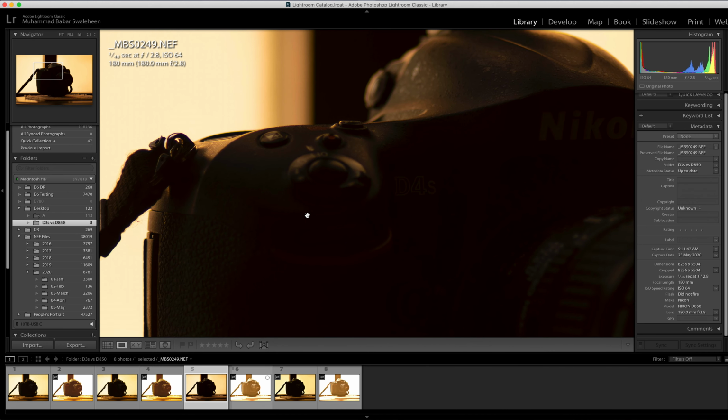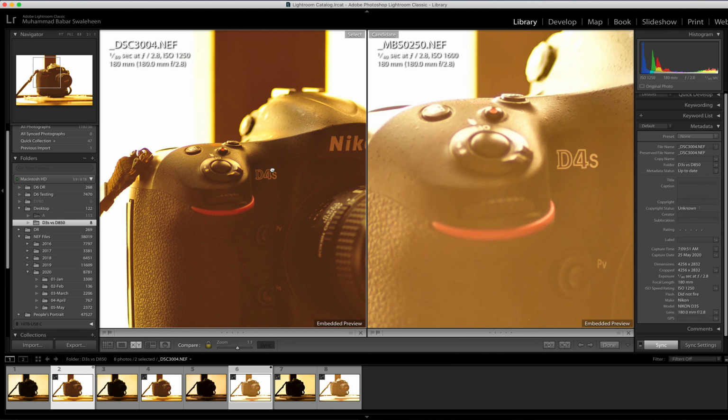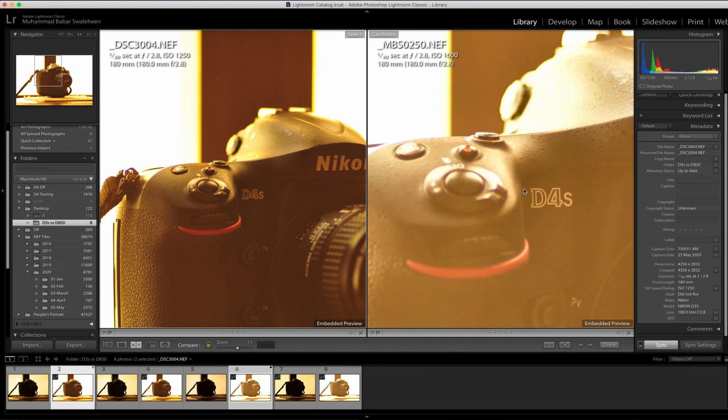D3S, it's like 4 times bigger than D850. So it was gathering more light. Even though I was cranking up double the shutter speed, still the ISO on D3S is low because the pixel was so big that it doesn't need ISO too much, because the pixel is already big enough to capture all the light. On the other hand, D850, the pixel was so small, like 4 times small, that even you have